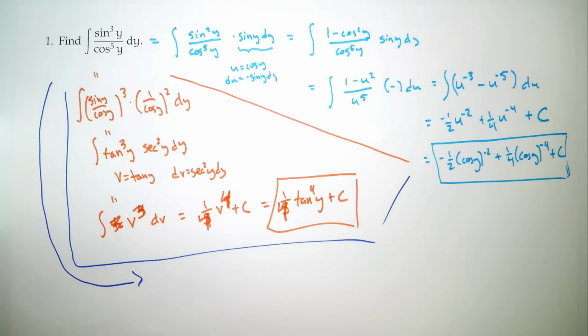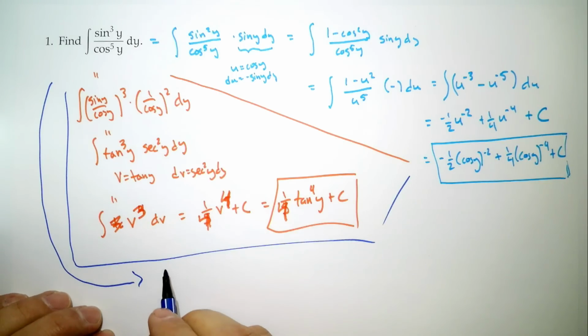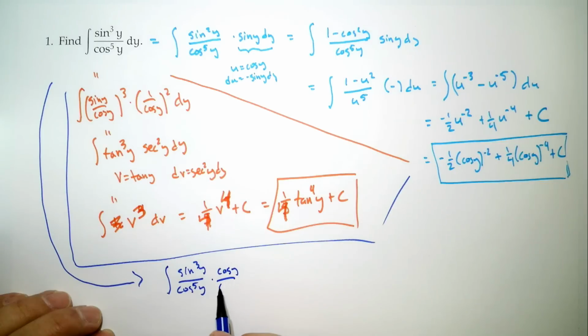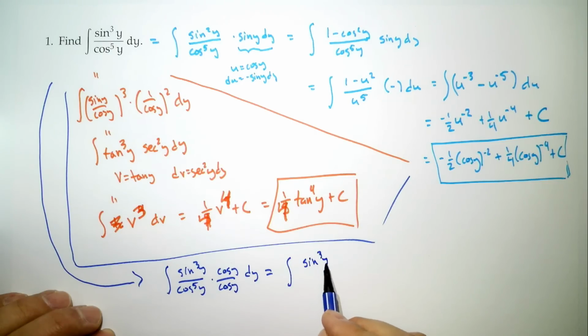So notice I said, oh, we had an odd power of sine, but what else do we have an odd power of? We actually have an odd power of cosine. All right. Well, what could you do? Well, you could do the following. You could say, look, this is the same as sine cubed y over cosine to the 5th y times cosine y over cosine y dy. So that is sine cubed y. Downstairs it's cosine to the 6. I'm going to write that as cosine squared y cubed times cosine y